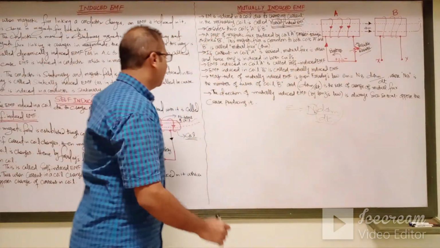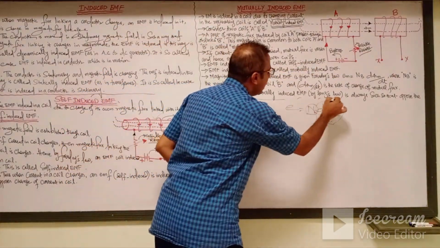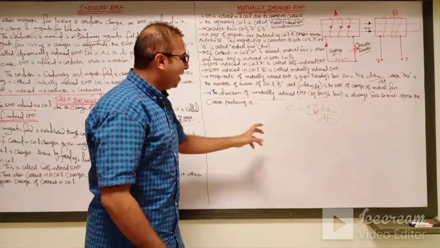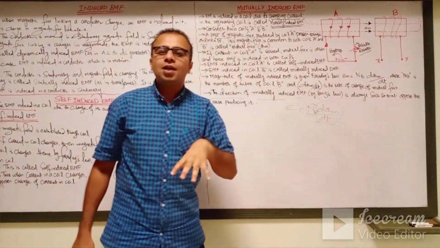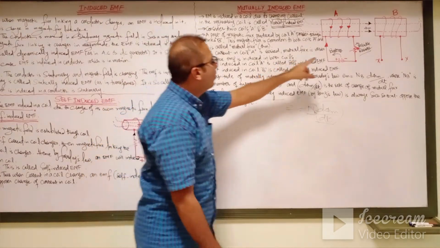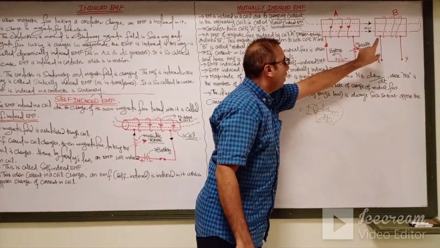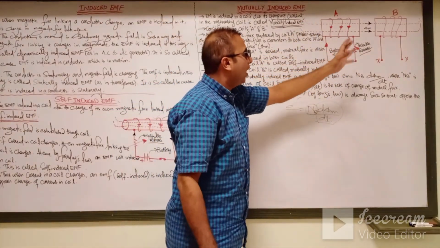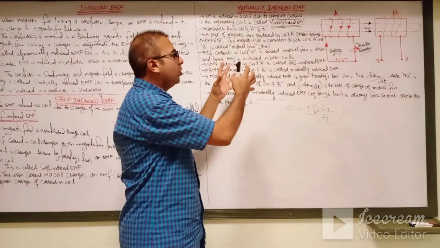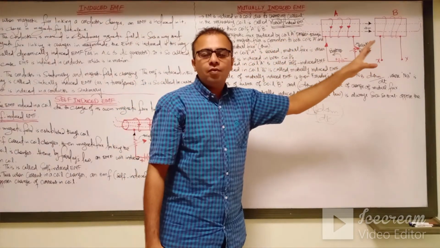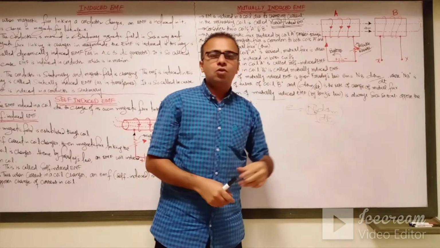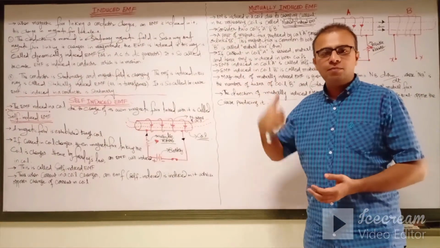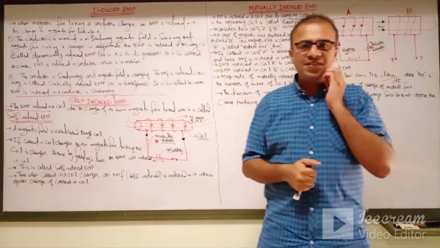so EMF is induced in coil B. The direction of the mutually induced EMF is again described by Lenz's law, so as to oppose the cause which gives rise to it. For example, the currents which are produced in coil B oppose the cause which produces them, which is coil A. So the types of induced EMF, self-induced and mutually induced EMF, we have discussed